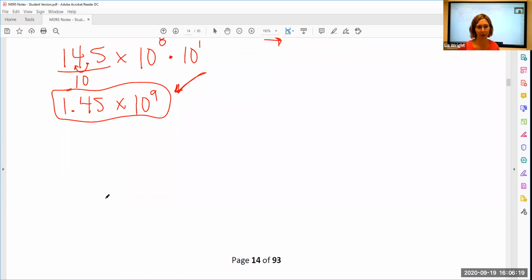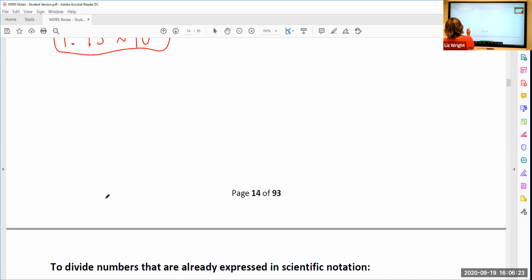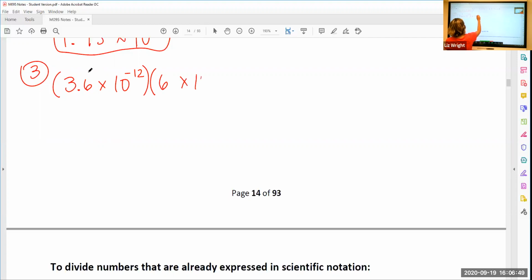All right, let's look at number 3. All right, so number 3 gives you 3.6 times 10 to the negative 12th, and then we are going to multiply that by 6 times 10 to the 9th, and again, I want you to take your mantissas, we're going to multiply those together, 3.6 times 6, and then we're going to do times 10 to the negative 12th, times 10 to the 9th. And then 3.6 times 6, again, put that in your calculator. You should be getting